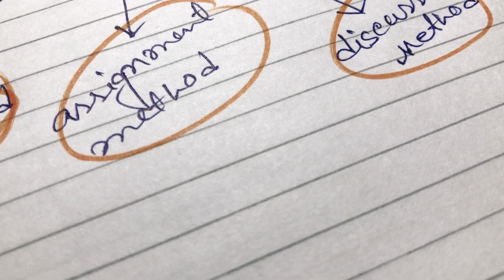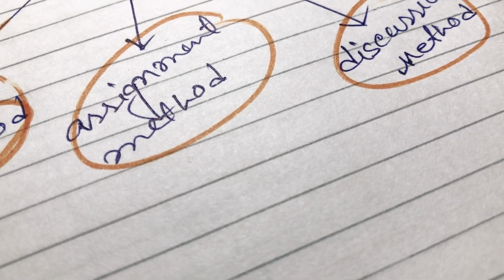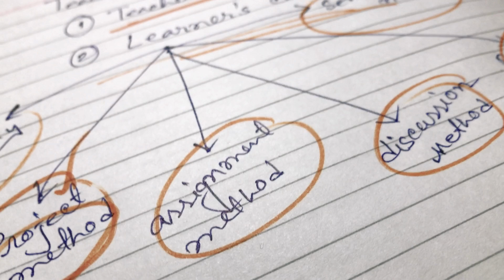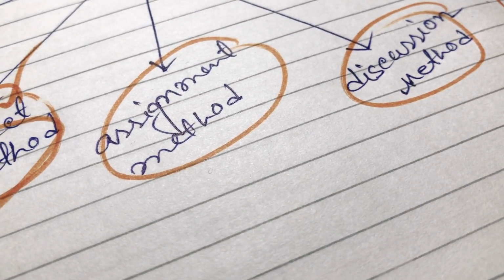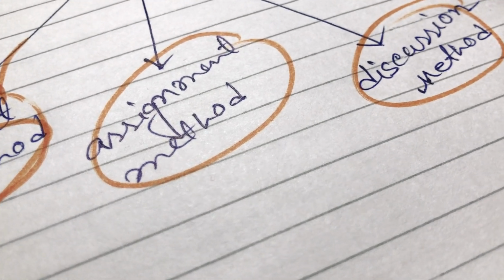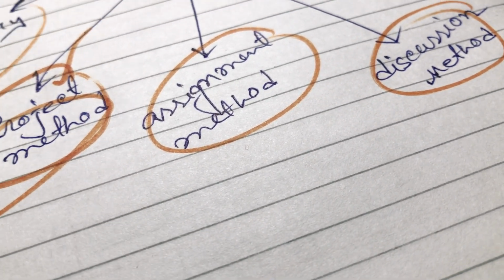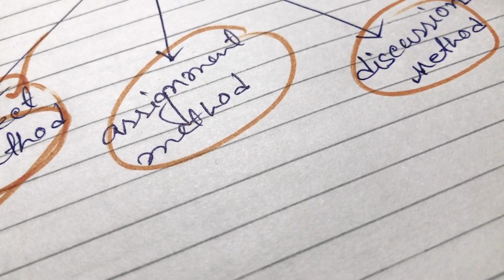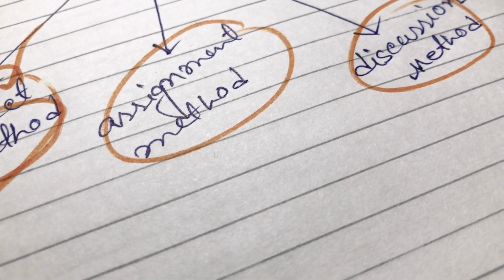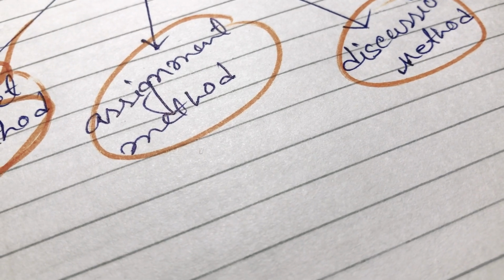First of all, before writing any assignment, we have to know more about the assignment subject. We have to analyze and gather true knowledge. After that, we have to make the assignment knowledge. With this method, we can learn so many things. But there are also some merits and demerits.